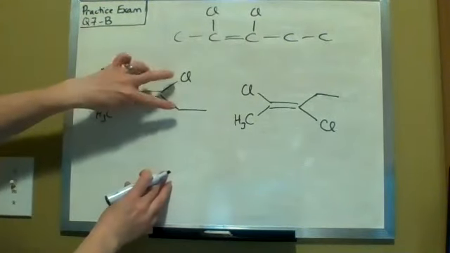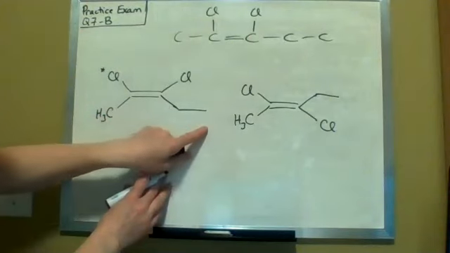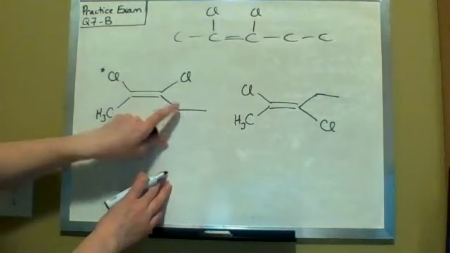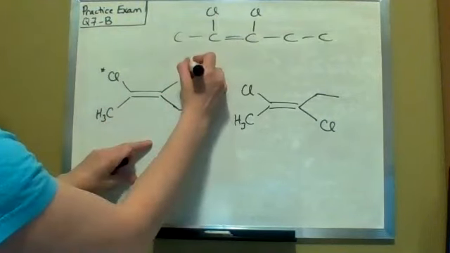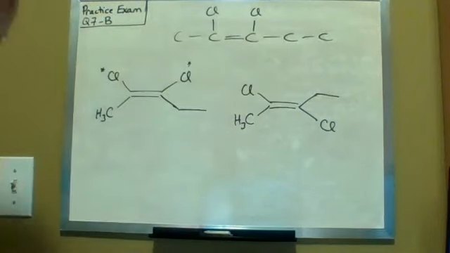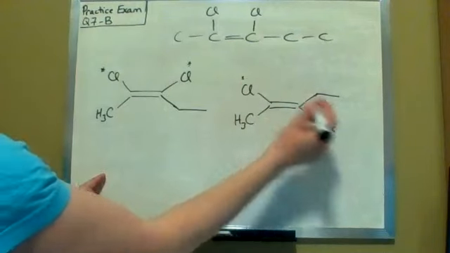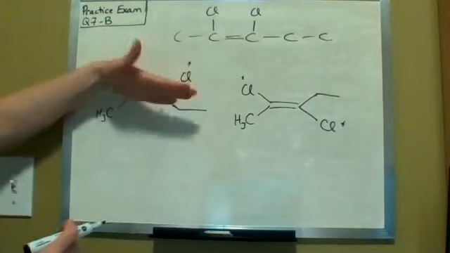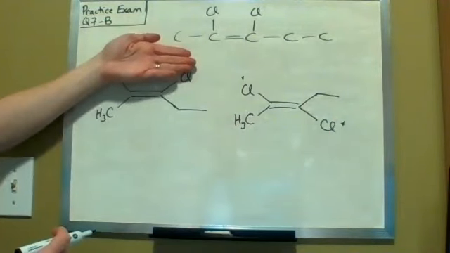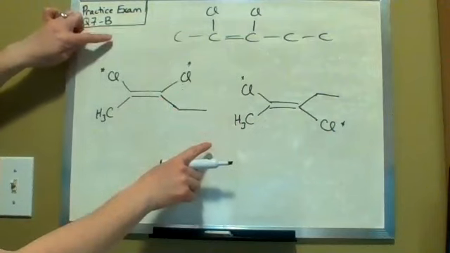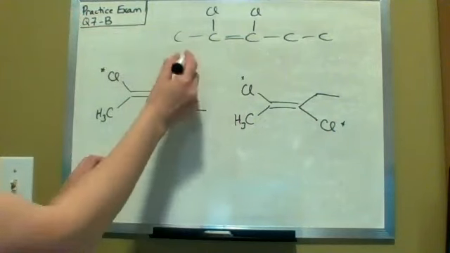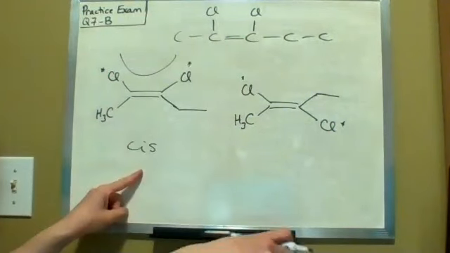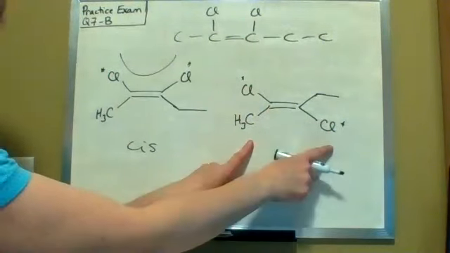On this side, which is the larger group? This might look larger because it's a longer chain, but look at the first atom: it's carbon versus chlorine. So the chlorine will be your big group right there. You're looking at the position of those big groups with regards to this double bond. Are they both on the same side like this, or are they on opposite sides? In this case, they're both on the same side, so it forms that C. This would be the cis version. Over here, they're on opposite sides, so that will be